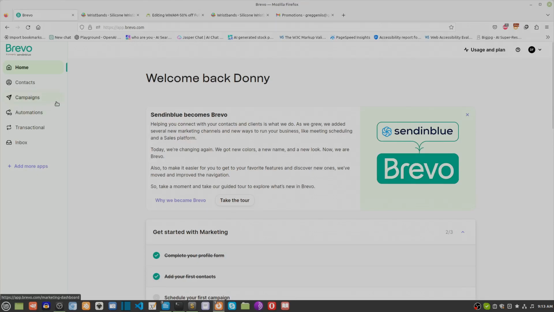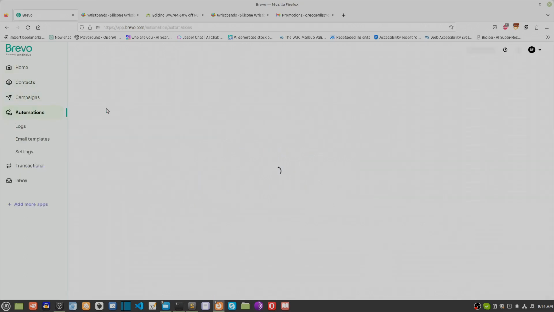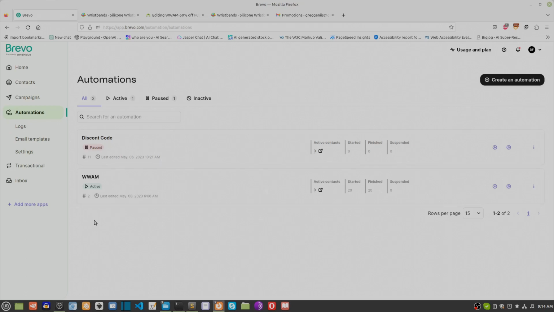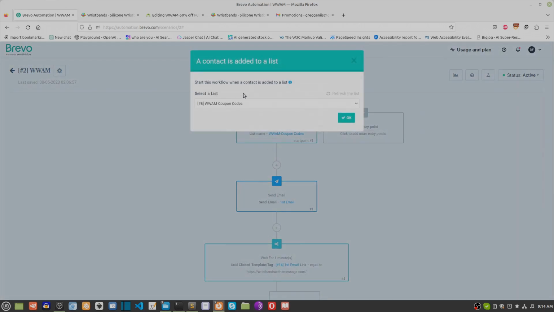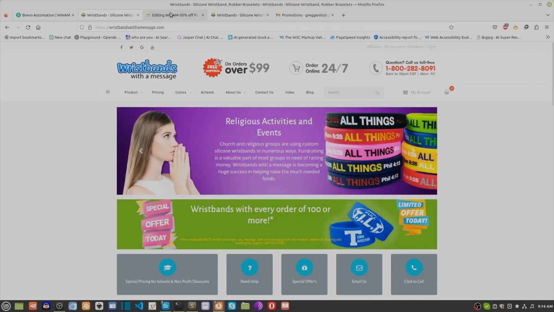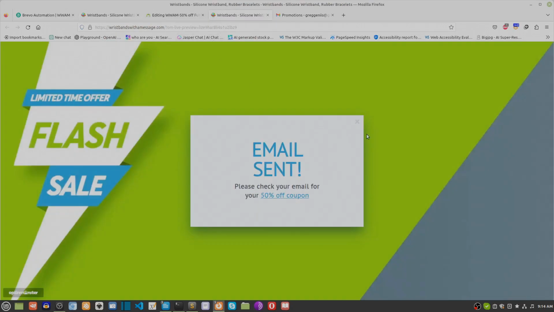Okay, so this is Brevo, Sendinblue's new name. If we come in here and click on Automations, and look at this automation setup, what we have here is the contact is added to a list. The contact is automatically added to a list because it comes through the Wristbands with a Message website. So when it comes to the Wristbands with a Message website, we've got